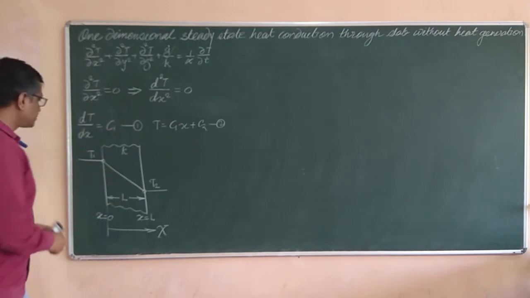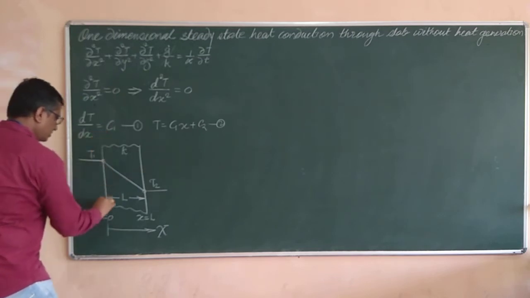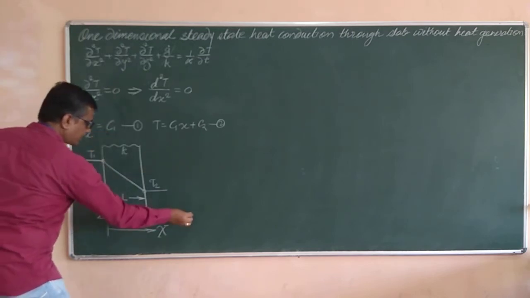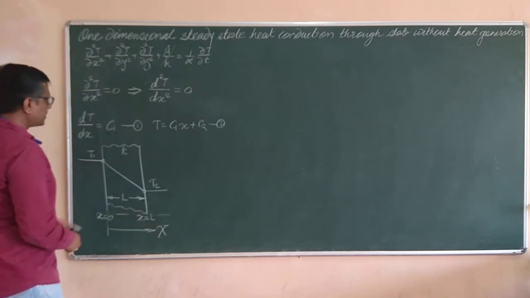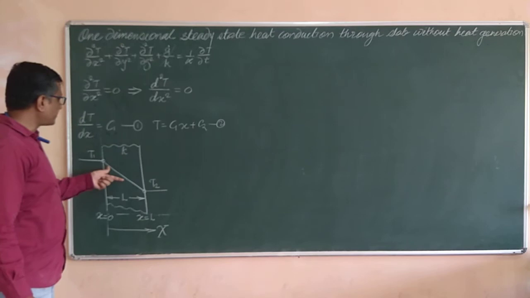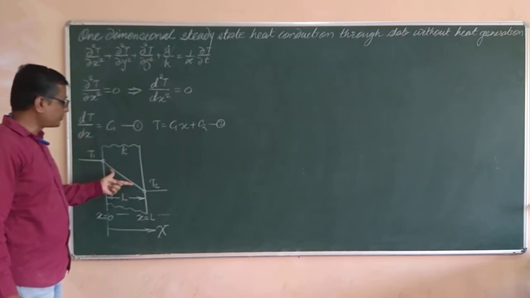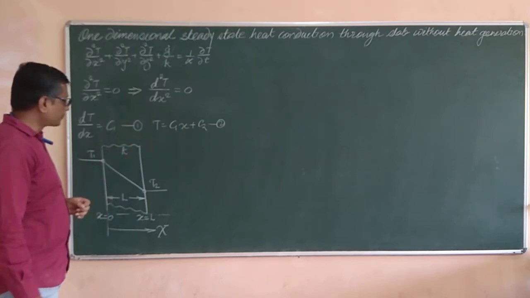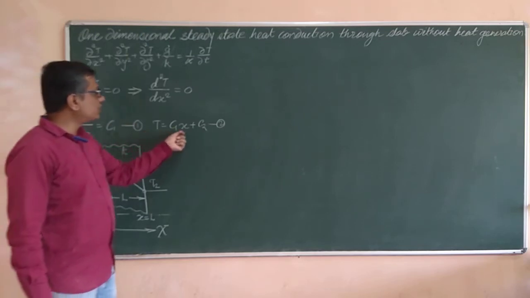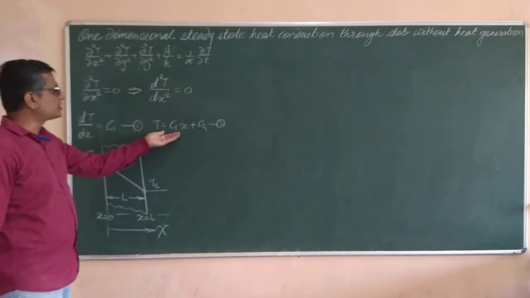If I take this as the graph, the graphical representation of the temperature with respect to x, then the slope of that curve is dT by dx, and that is equal to a constant. As it is constant, this has to be a straight line. It cannot be a curve like this, where there would be a different slope. And this equation T is equal to C1x plus C2 will give you the distribution of the temperature, or say the temperature profile in short.